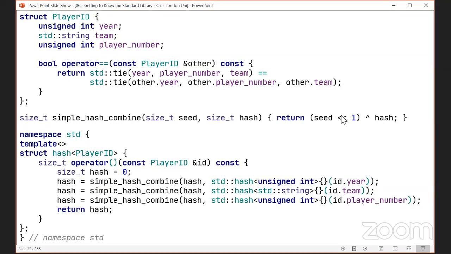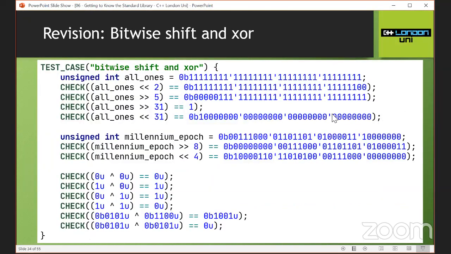And I'm going to give a quick reminder of what these magic arrows are in the hash combine function. These are bitwise operations, and one is bitwise shift, another one is bitwise XOR, which is like Boolean algebra on bit by bit values. Starting with the shift,